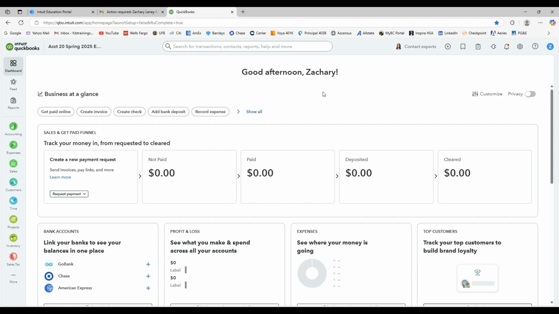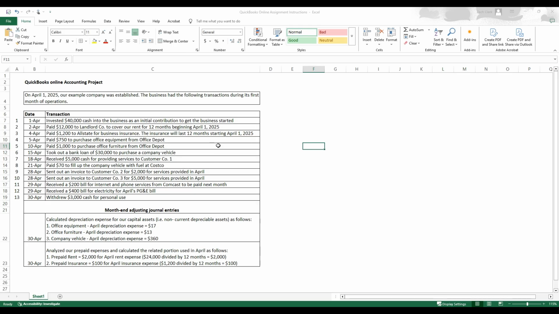So again, this is back to our portal for QuickBooks, but I want to show you real quick an Excel spreadsheet that I've created that's going to go along with the project, and you will see that linked to, with the spot where it'll say click here to download the Excel transactions to be recorded in QuickBooks Online for this assignment. So let me click over to the Excel and we'll take a quick look. Okay, as I mentioned, here's an Excel